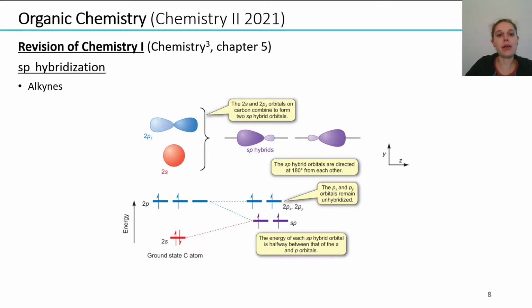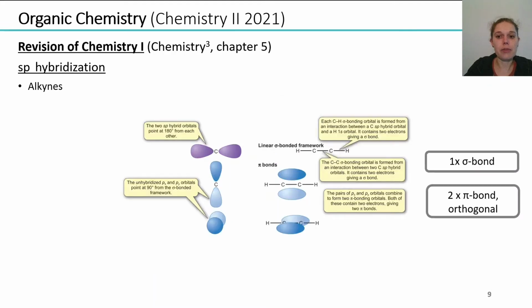And for what do you need this sp hybridization? For example, for explaining the binding geometry of alkynes. If we now look briefly at ethyne, then we know that ethyne has a triple bond, and this triple bond can be explained with the sp hybridization. So first of all, we start with the interaction between two sp hybrid orbitals of the two carbon atoms, which then yield